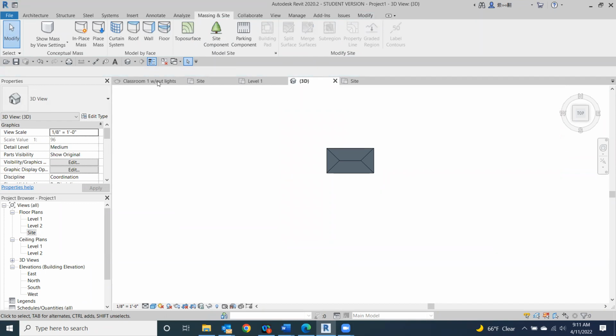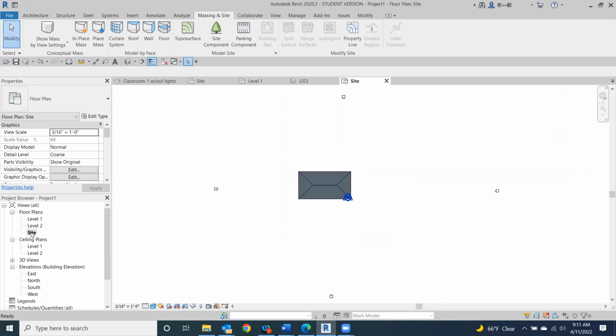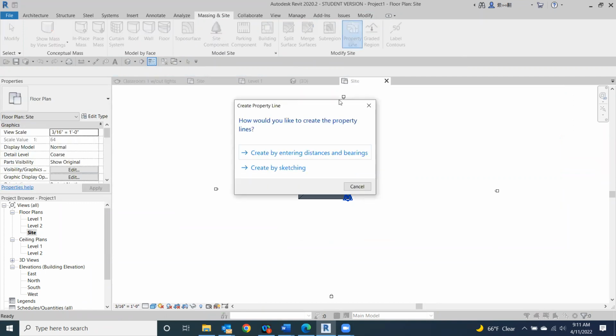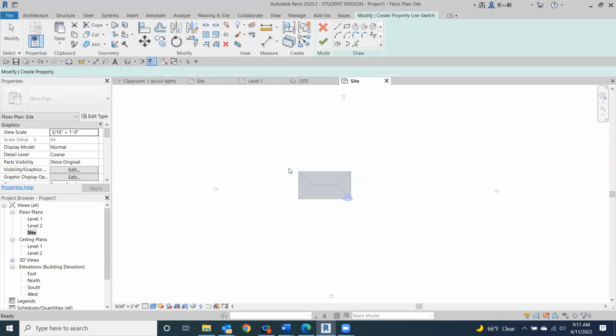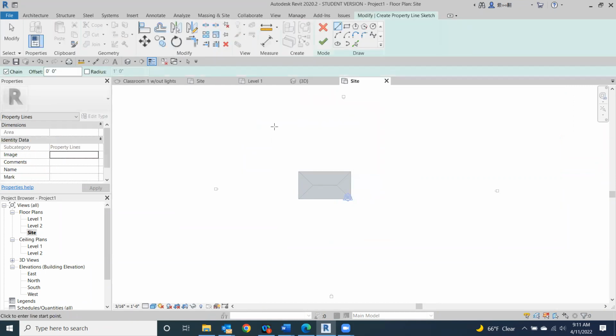Jump down to our site plan. Remember, we want to start with property line here. We're going to be creating a very large site, and we're going to create that by sketching. It's a very large building we've created, so we want to do something that's